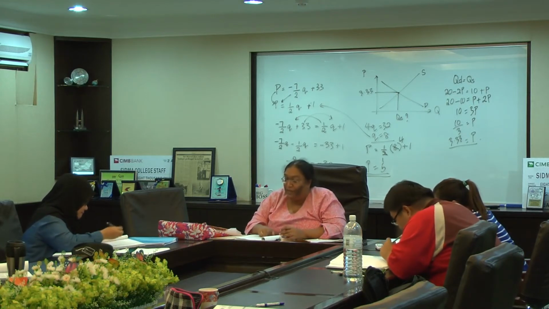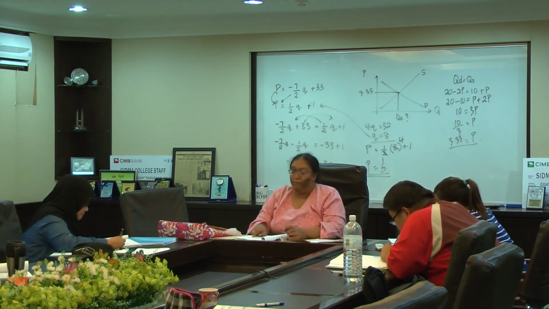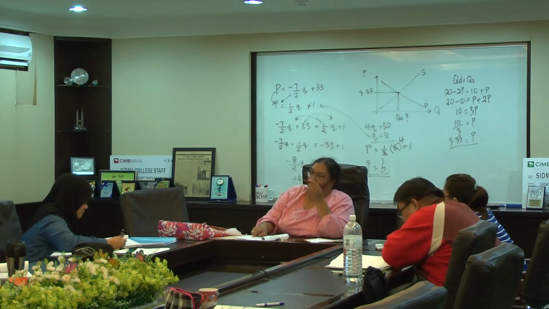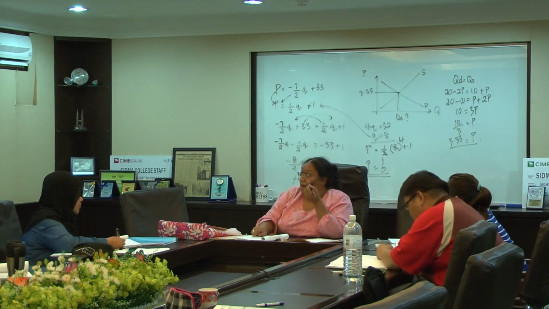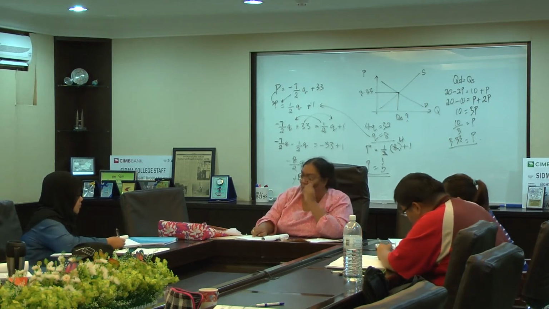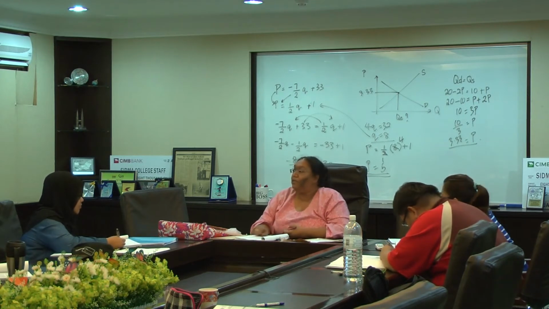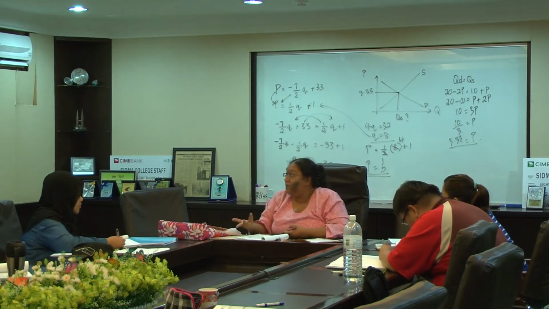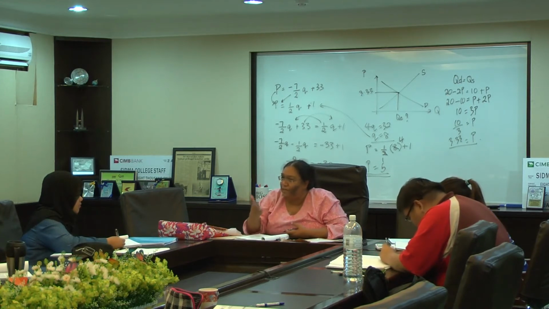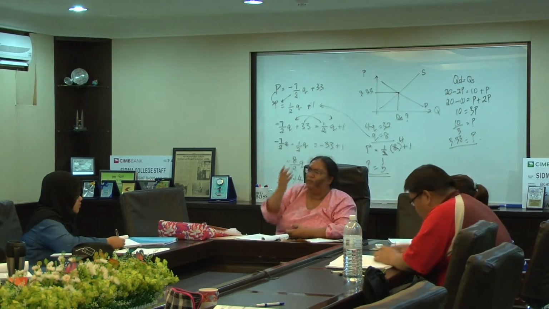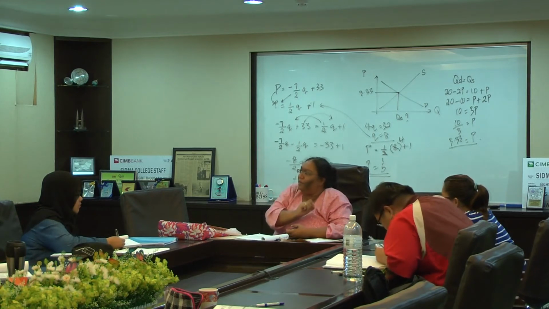Next, if the price elasticity of demand is less than 1, that means the price changes 1%, but the quantity doesn't change a lot more, less than 1%. This one I told you more than 1%, right? This one less than 1%. What happens? The demand is said to be not sensitive, inelastic. If it's inelastic, your product is not sensitive to price at all. How much you increase also, the fella changes only a little bit, the demand.